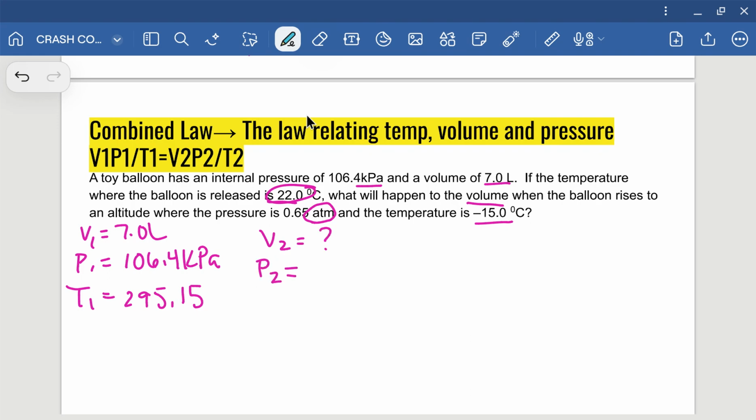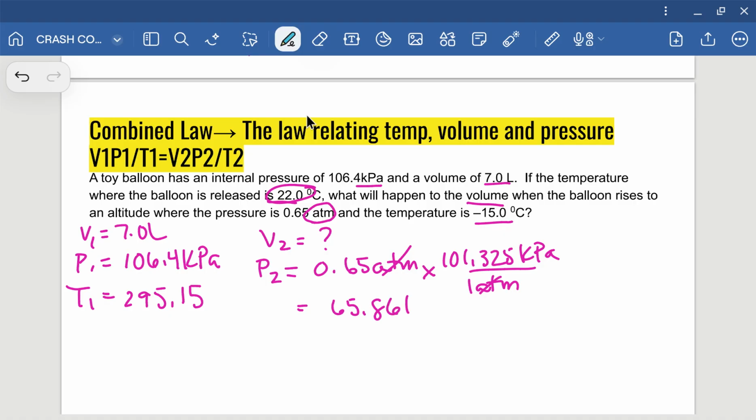Your pressure, we're going to have to do a conversion and turn atm into kilopascals. And there's 101.325 kPa in 1 atm. So this conversion will get atm to cancel, and it equals 65.8612, and this number keeps going. So keep that value in your calculator. Don't round too early. And then we want to add negative 15 to our temperature, our conversion of 273.15, and that's going to give you